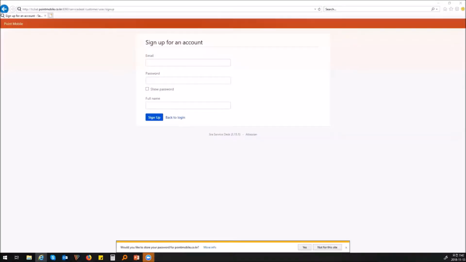So first thing, ticketing system. Let me introduce our ticketing system. We are using the Jira Service Desk solution. And today I will introduce how you can register to our Jira Service Desk and how to use the ticketing